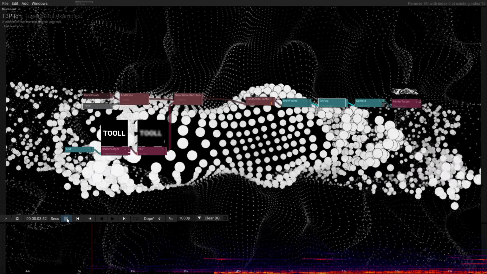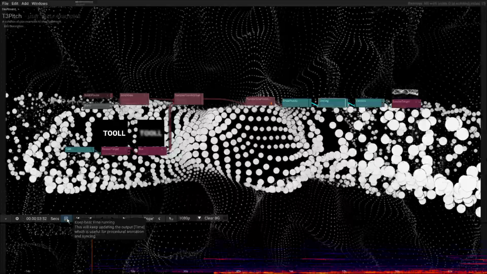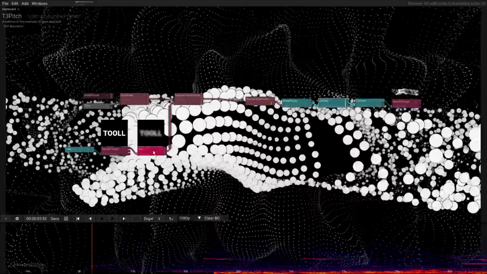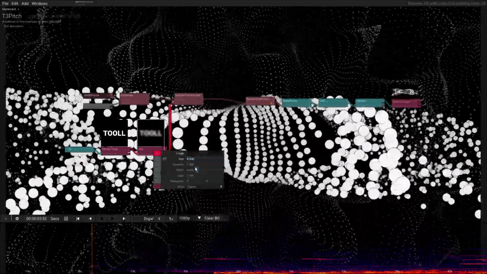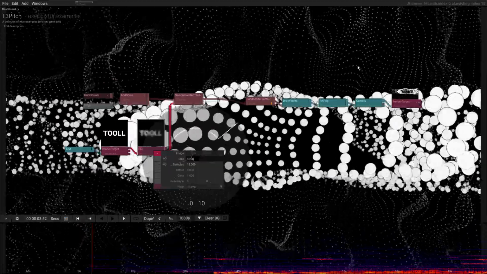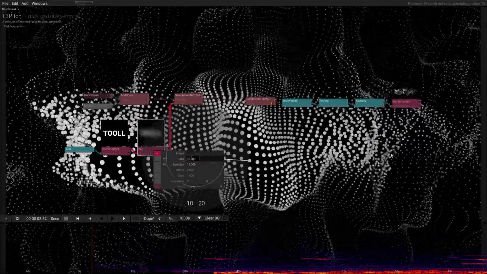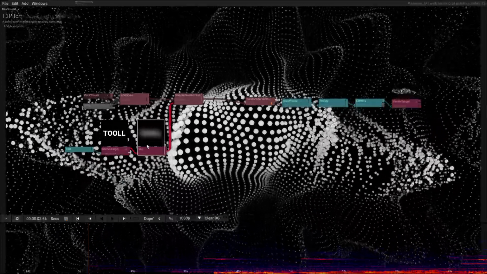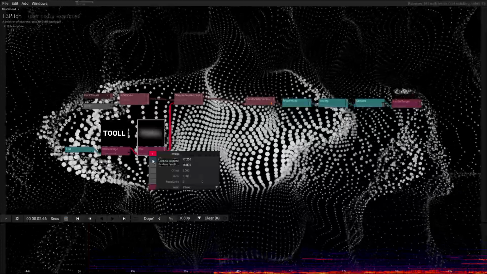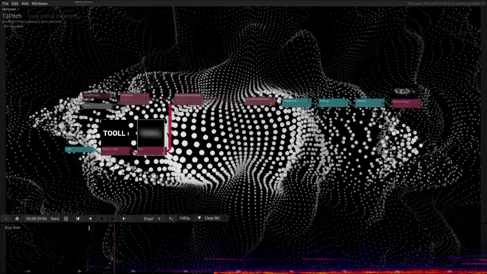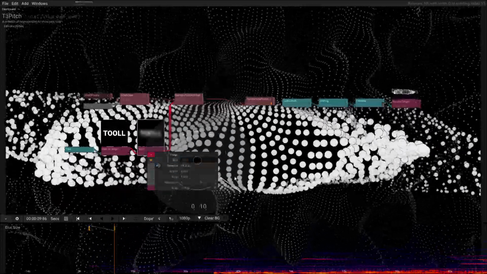So let's see again how fast this is. Maybe in the beginning we make it very blurry. So let's increase the sample count here, make it very big. So let's create a keyframe here. Say, okay, in the beginning it is big, and then it's slowing down to be readable.